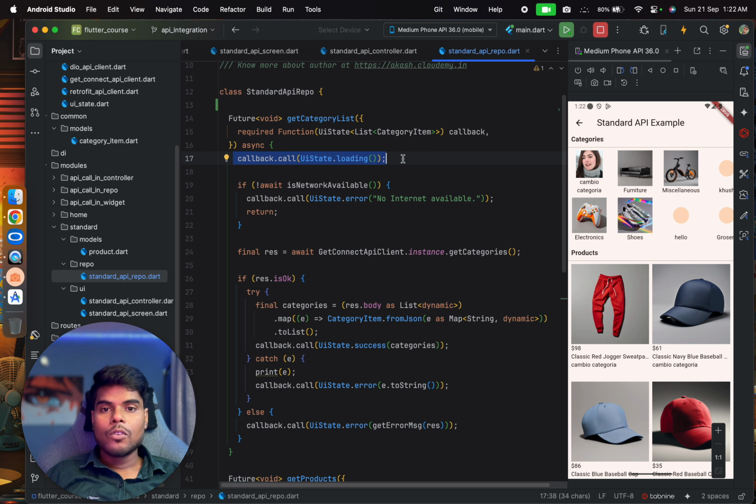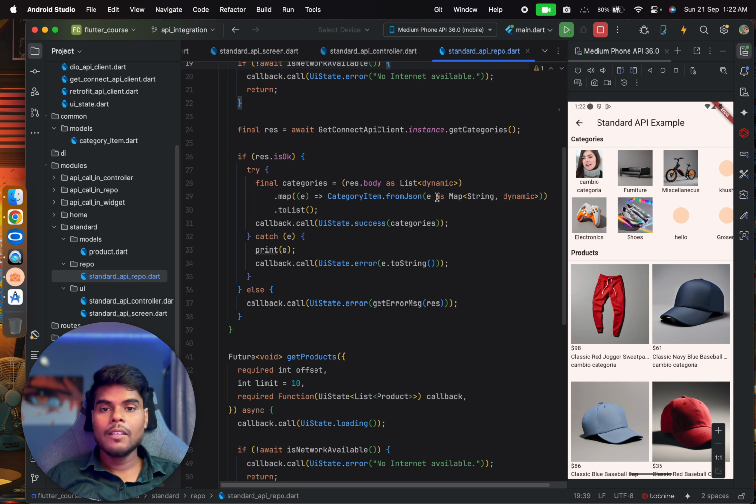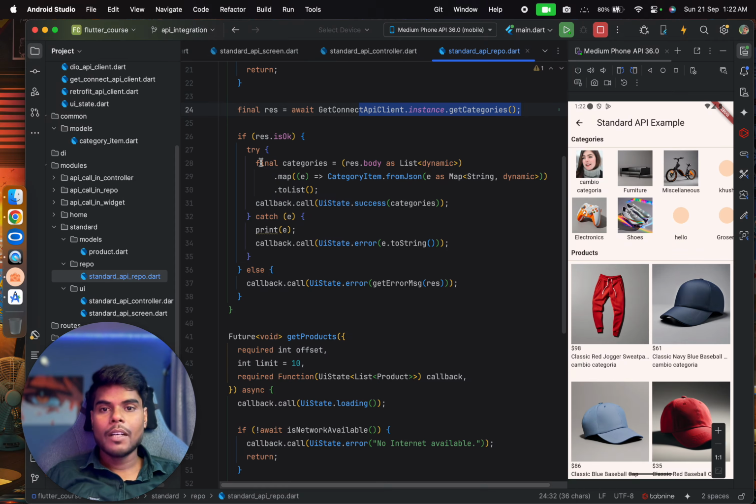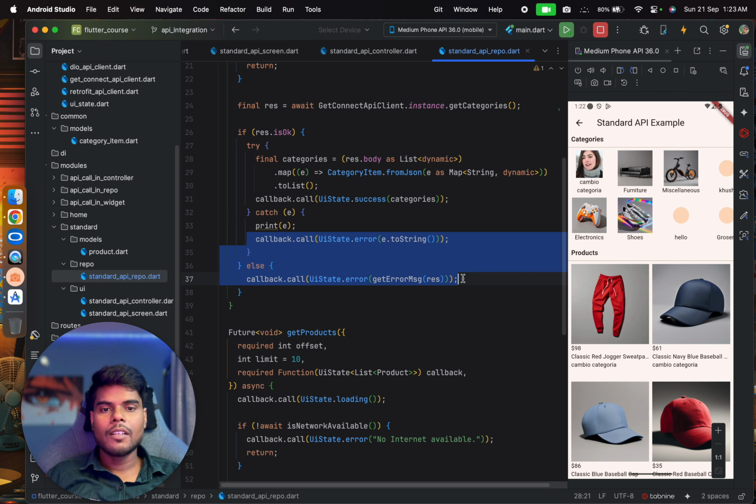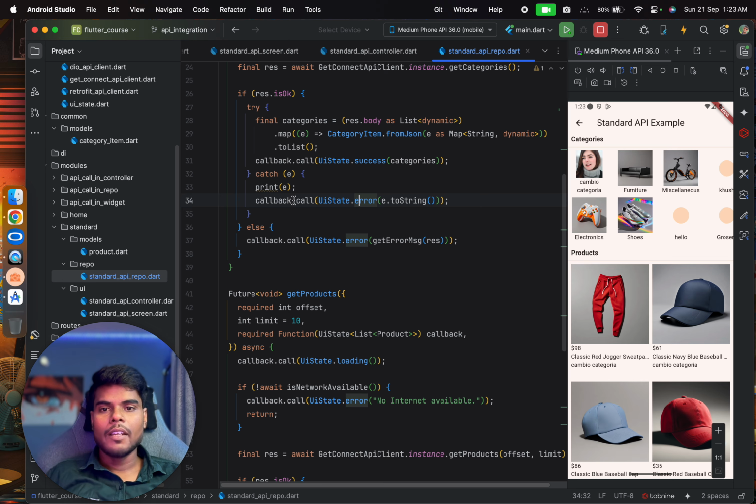We are returning the loading, then checking for the network. If it is not available, then return no internet, and if there is a network, then call the API, then parse the response. You can create JSON parsing data models directly with the list also, so you don't have to map like this, but I use this approach because there is a single list of items. Then return success whenever we get the data, and if there is an error, then return the error